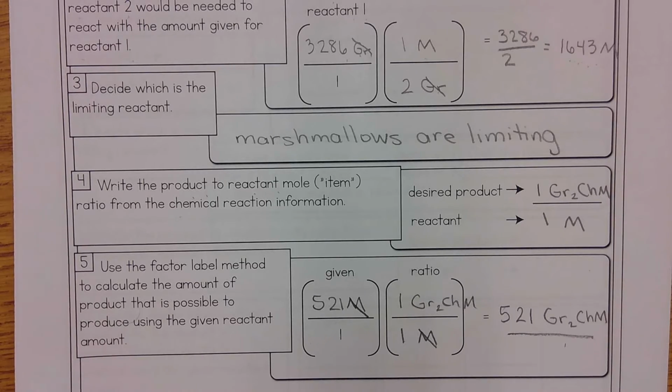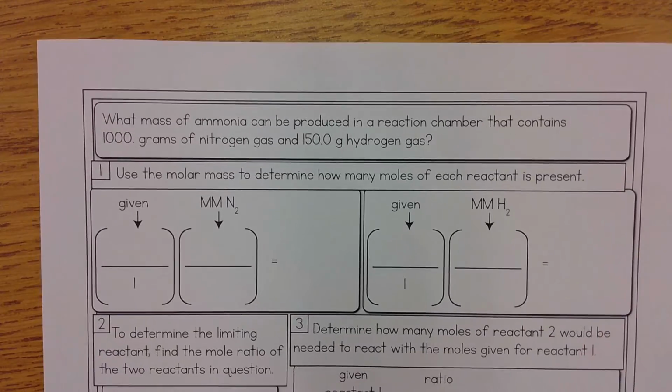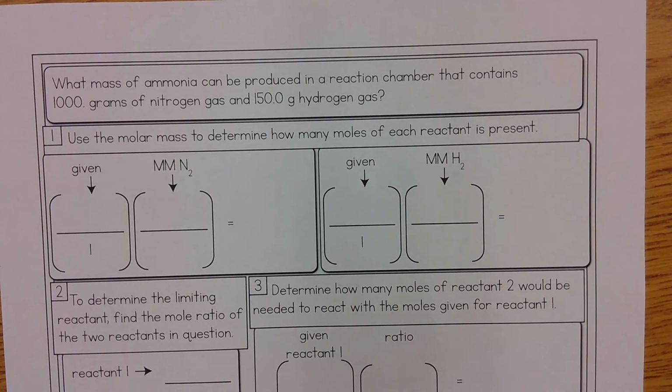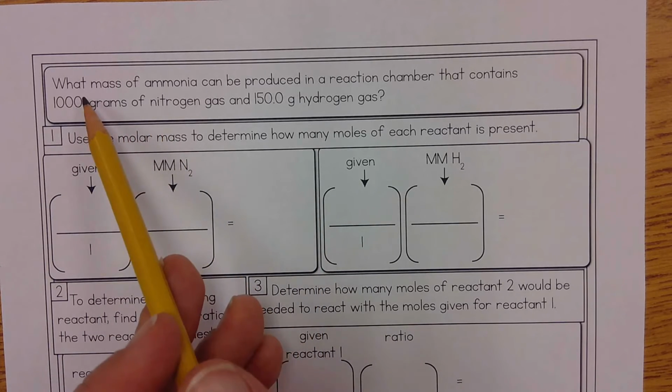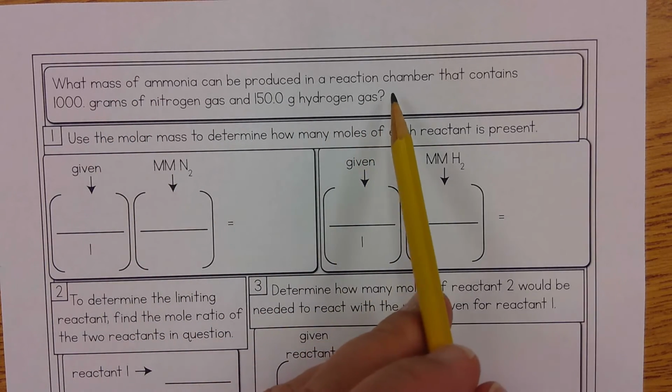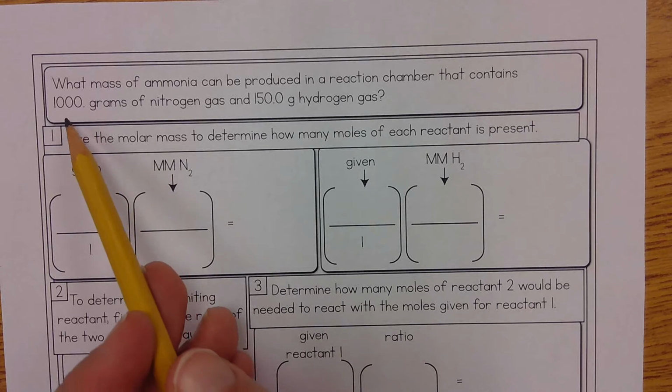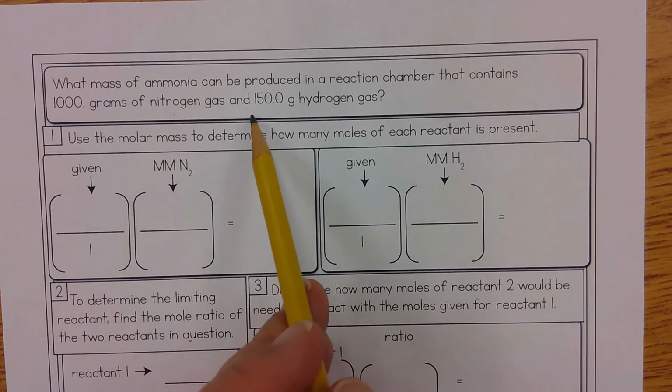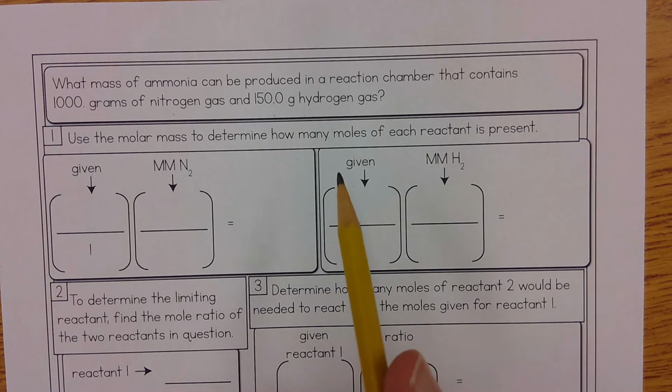So let's try an example with some actual chemicals. This is kind of continuing on from that example the other day where we made some ammonia, right? So this time the problem says, what mass of ammonia can be produced in a reaction chamber that contains 1,000 grams of nitrogen and 150 grams of hydrogen? Okay, so my first step